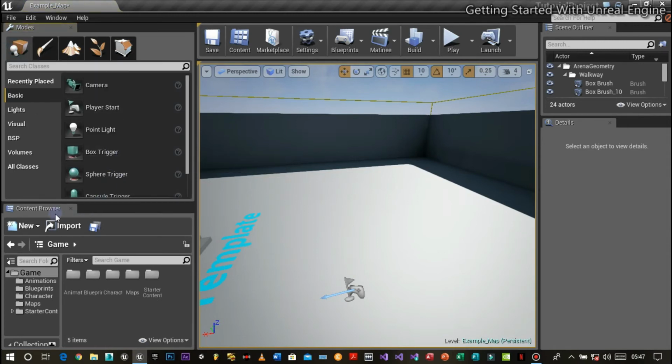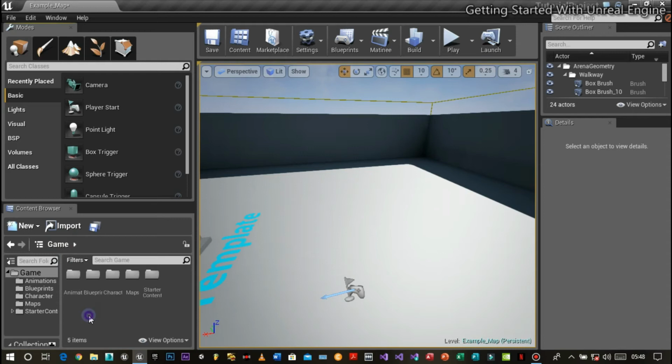So now we have the content browser. In this content browser, it consists of different assets that are imported or created in Unreal Engine. If you want to import your assets, you can import them using the content browser. There are many ways to import.